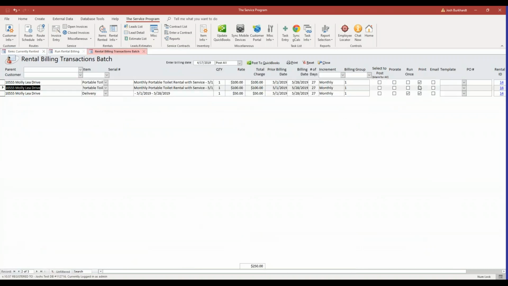The last thing that's important to talk about on this screen here, and I can't emphasize this enough, is to really verify that all the data that you're seeing on this screen is accurate. Again, you may have 100 customers in your billing group. So when you generate billing, it's going to generate a batch of invoices. If you post those invoices to QuickBooks without reviewing this information, you're going to have a lot of work on your hand